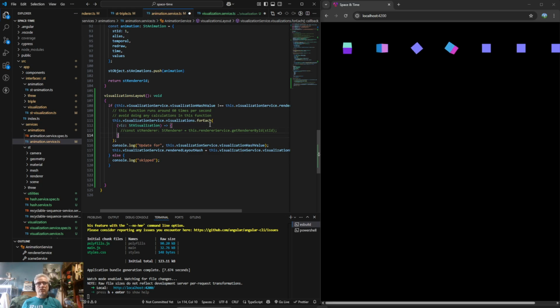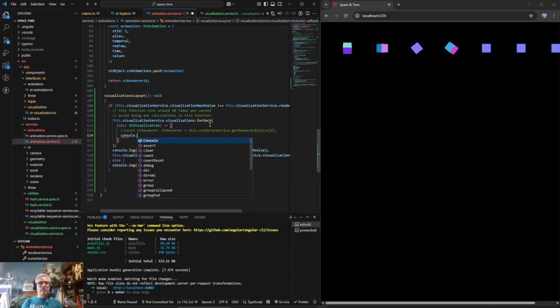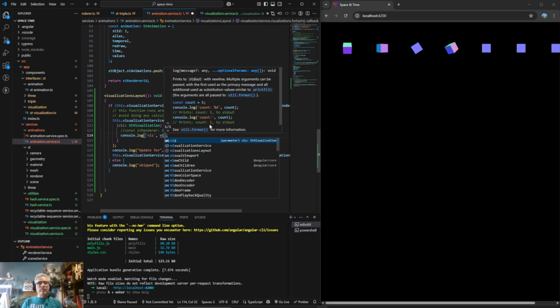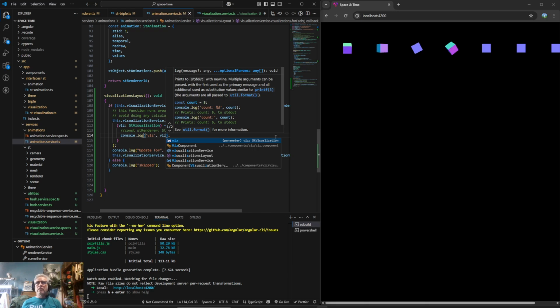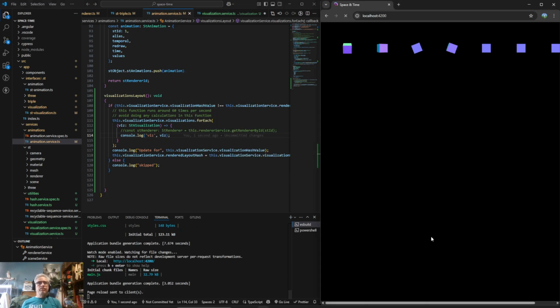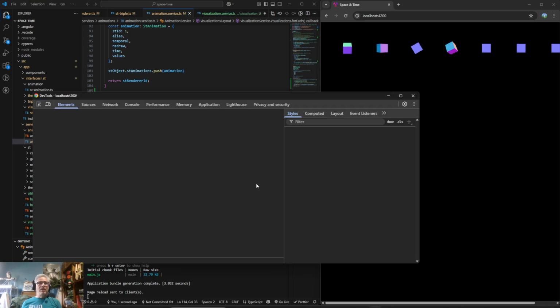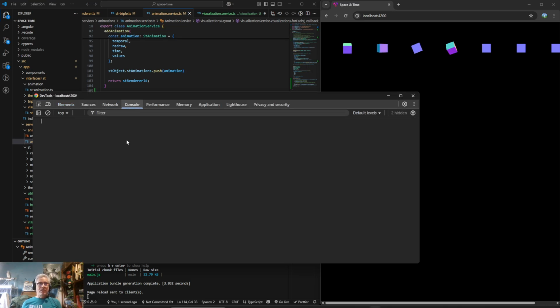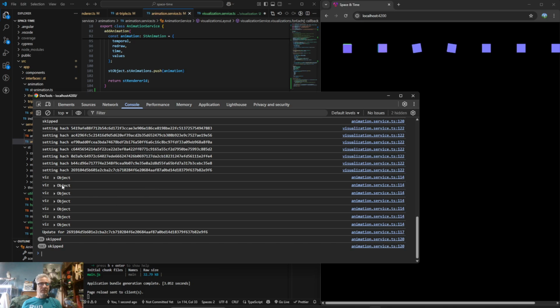And now I'm going to console log each visualization. And let's see what we get. We shouldn't get too many of them because the hash is only different a few times. And I think it's only once when it draws, right?